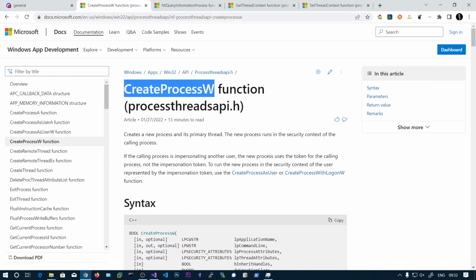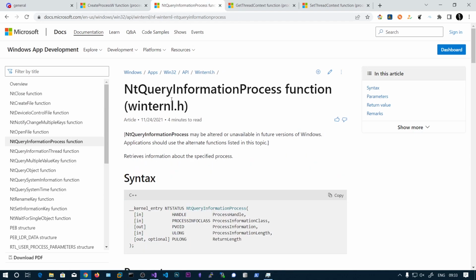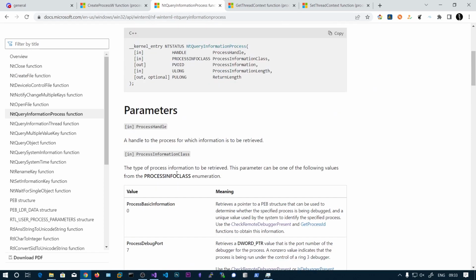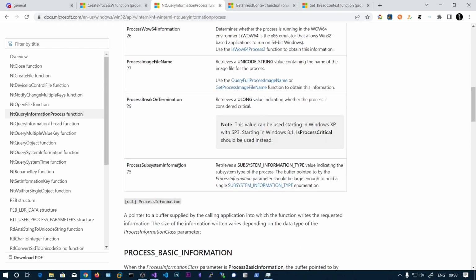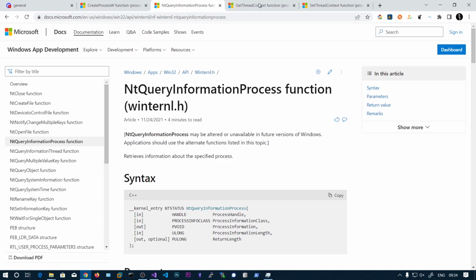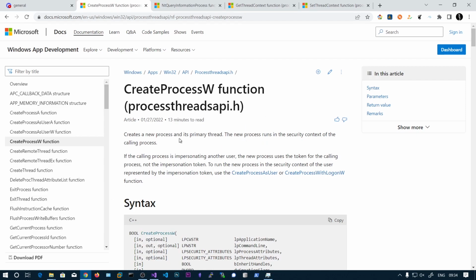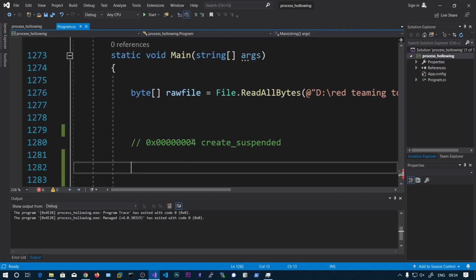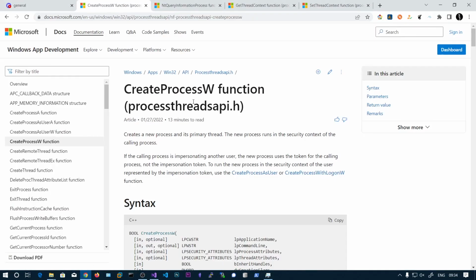So first we will be using the CreateProcessW function to create the process, and we will need to get the image base of this process. So we will be using QueryInformationProcess to get the PEB address, and in that process environment block, at an offset of 0x10, 16 bytes, we will have the image base address for a 64-bit executable, and then we will remove this legitimate process code, and we will inject our malicious shell exe into that process,